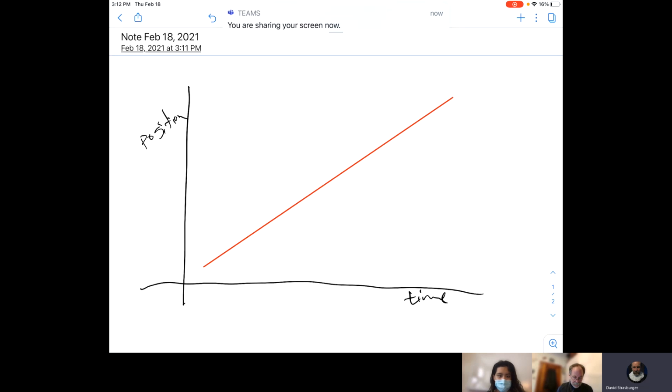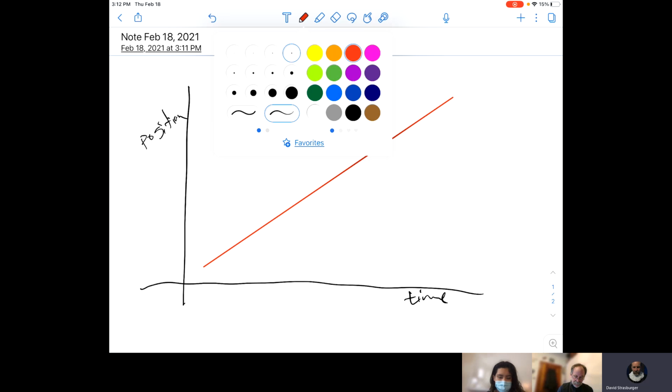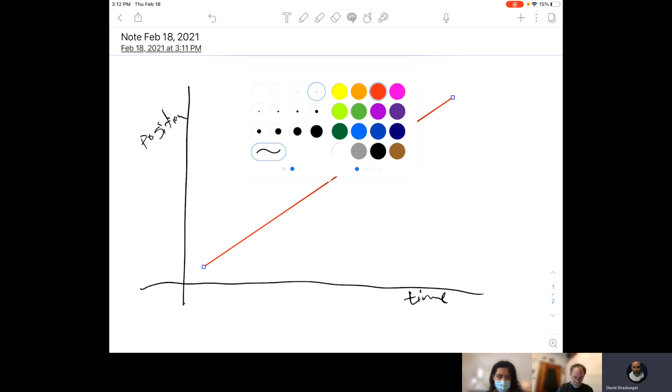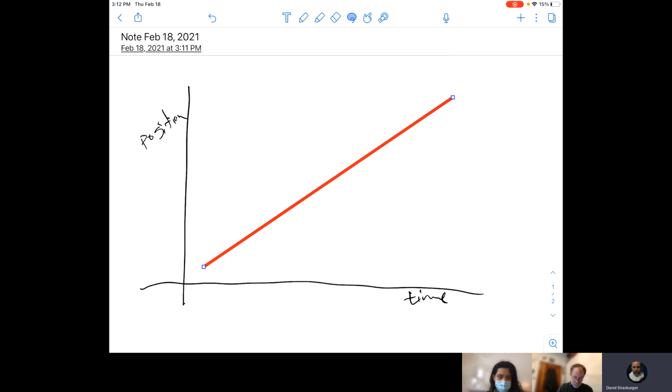Okay. So let's say we have this graph and we want to know, does this thing get going faster and faster, slower and slower, the same speed? And here's a good way of thinking about it. All right. So actually, I'm gonna make this thing a little fatter just for clarity's sake.